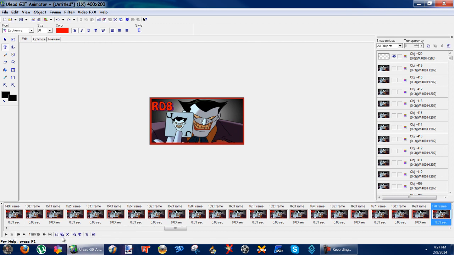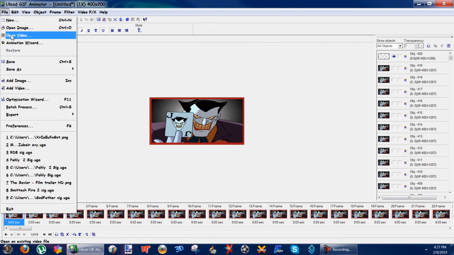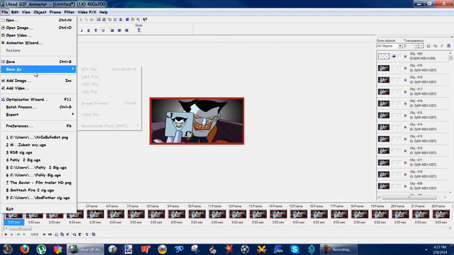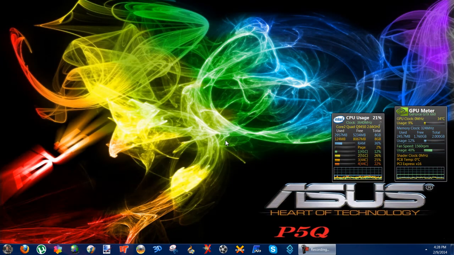So the last thing you want to do, now that you got everything how you want it, first thing you want to do is save as a UGA file. If you save it as a GIF, all these extra things that you add in, you will not see here when you call it back up in Ulead GIF Animator. I'm not going to save it as anything. I'm just going to close it because we already have